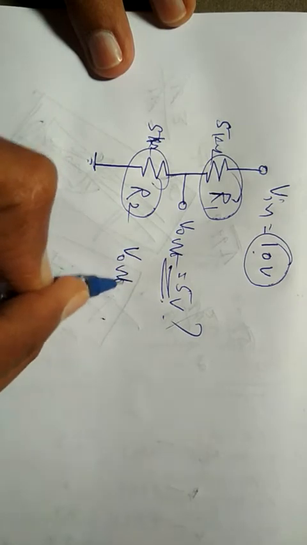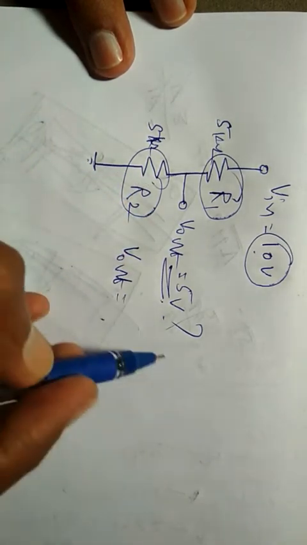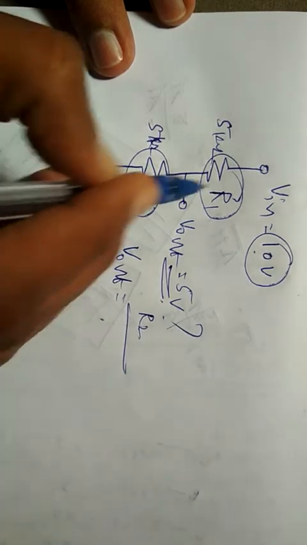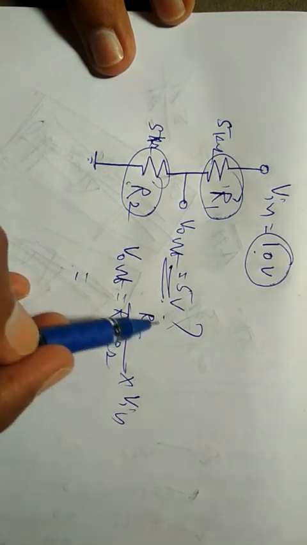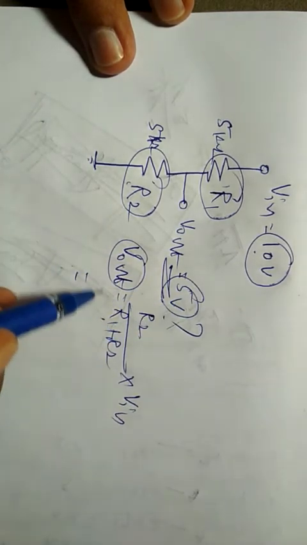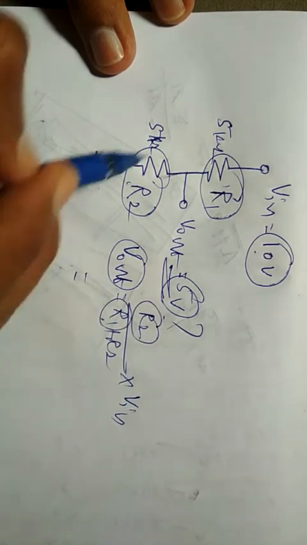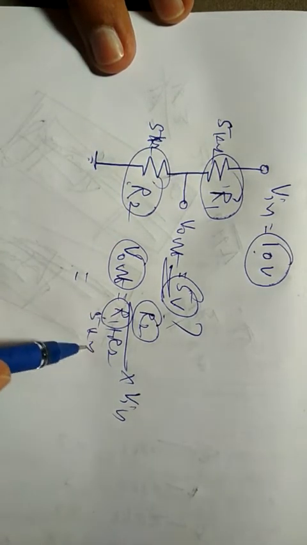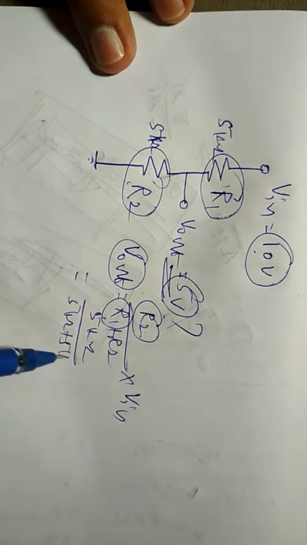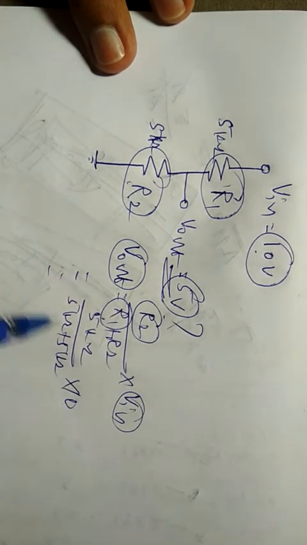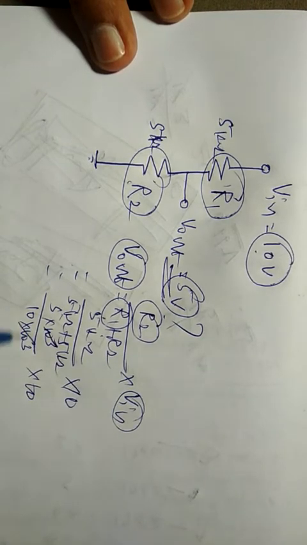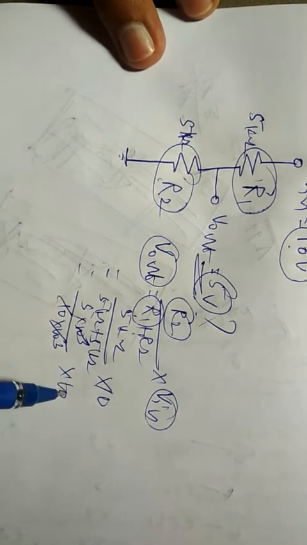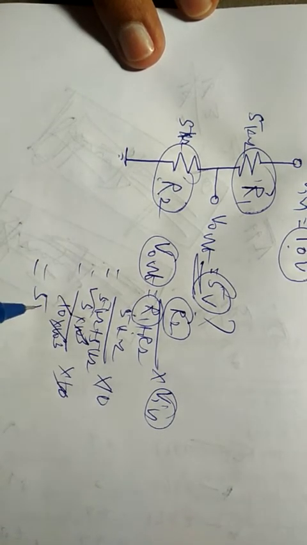We know that the output Vout equals the component which is directly grounded, R2, divided by the addition of both the components, R1 plus R2, times the input to the potential divider. Vout we require is 5 volts, so we choose R1 and R2 both as 5 kilo ohm. So 5 kilo ohm divided by 5 kilo ohm plus 5 kilo ohm, times Vin which is 10. So 5 into 10 power 3 divided by 5 plus 5, 10 into 10 power 3, into 10. The 10 power 3 will be cancelled, 10 and 10 will be cancelled, and we will only have 5 volts.